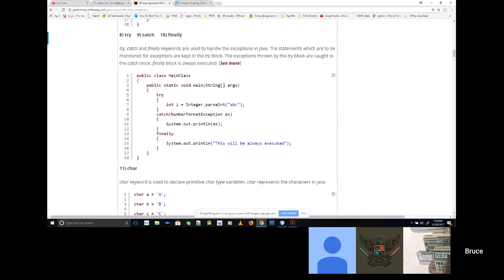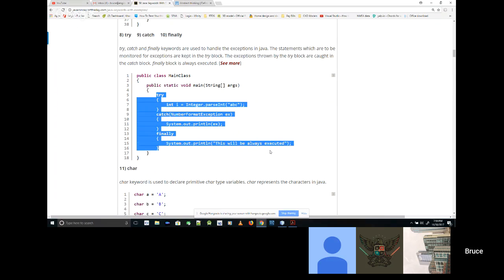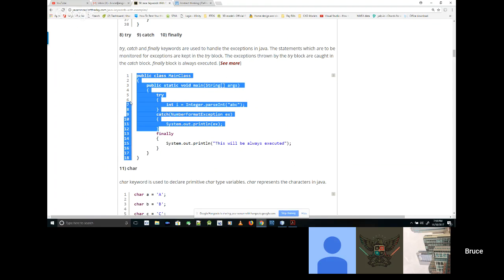Try, catch, and finally. Okay, so this is like a trio. You could do a try. Usually it's followed by a catch, and the finally is basically done if catch is not. You can think of all these as one block, and the whole finally block is actually optional. You can just try catch and not do the finally, but if you do a try, you will do a catch.